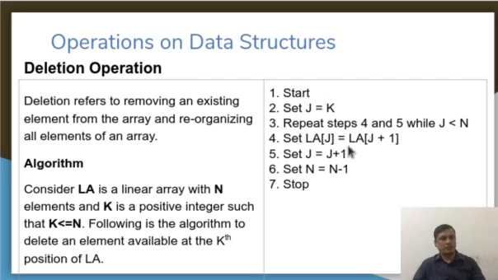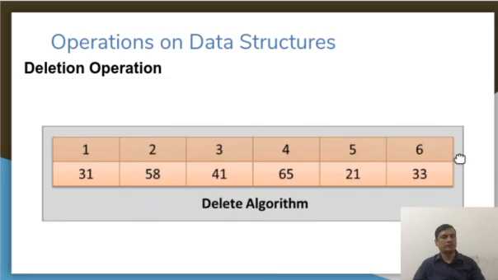So what I am trying to do here is, until I reach the kth index, I will just simply keep on forwarding. Once I reach it, I will readjust all the L of j equal to L of j plus 1, followed by setting j equal to j plus 1, and also followed by reducing the size of the array by 1. So when I reduce the size of the array by 1, naturally the size of the array is going to get decreased by 1.